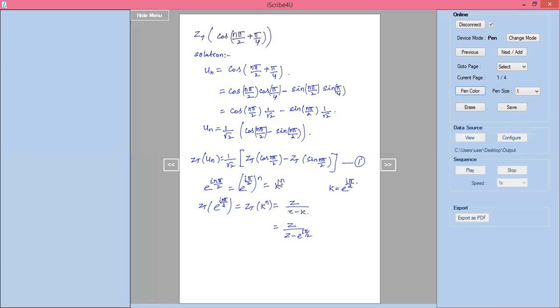Right. Now z divided by z minus e power i pi by 2 is nothing but cos pi by 2 plus i sin pi by 2. Now cos pi by 2 value, we know that. So z divided by z minus cos pi by 2 is 0. Sin pi by 2 is 1. So z divided by z minus i. Now we can write